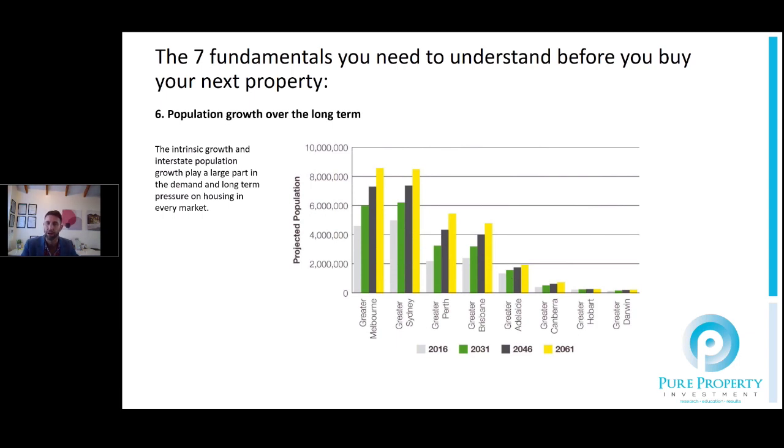Now, there's a couple of big ticket items happening from an employment sector aspect, both negatives and positives. You've got the Holden plant closure happening out in Elizabeth around 2018 or so, and that's going to affect not only that particular plant, but also all the parts and manufacturing sectors. So I think there's going to be a flow on to around 10 to 15,000 additional jobs that will probably be hurting there. We've got the subs contract and potentially the frigates contract that are going to allow for some higher end jobs to be created in that market, but even at its peak, the projections are around 2,000 to 4,000 additional jobs, which I don't think is going to influence the population growth and the economy too much there.